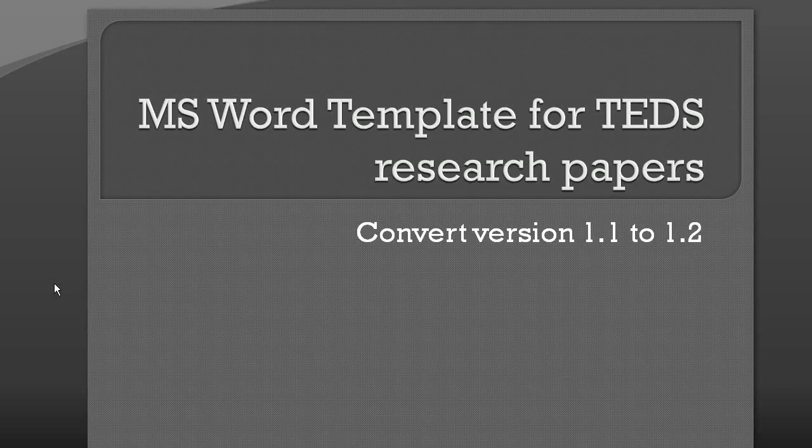In this tutorial, I'm going to show you how to convert a document that you're already working on from version 1.1 of the template to version 1.2. There are 3 changes that I made to upgrade to version 1.2. I'm going to show you how to do those in the order that they're probably applicable to you. So we'll pull up the template,